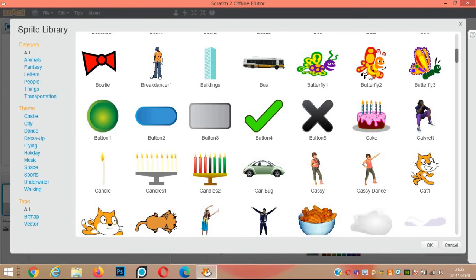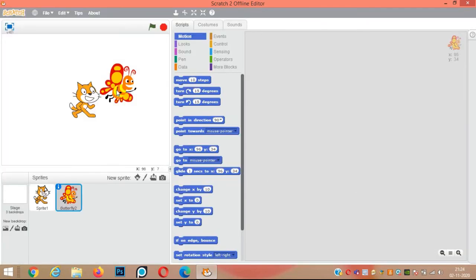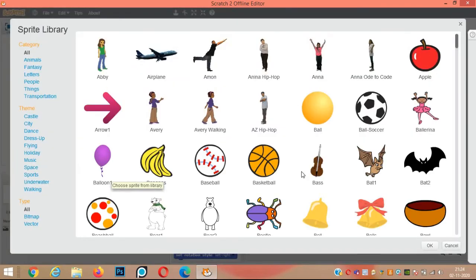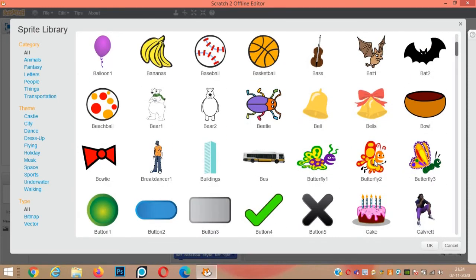Now whichever sprite we select and we click on OK, that particular sprite will be added in our Scratch program. We can choose as many sprites as we want.